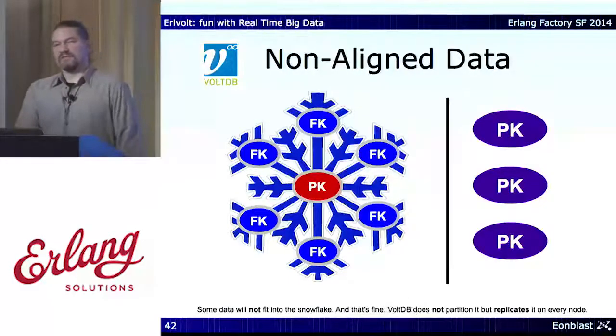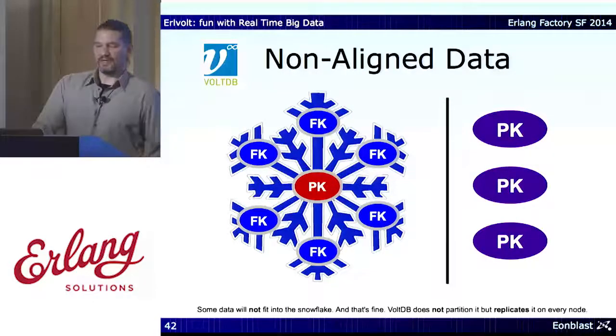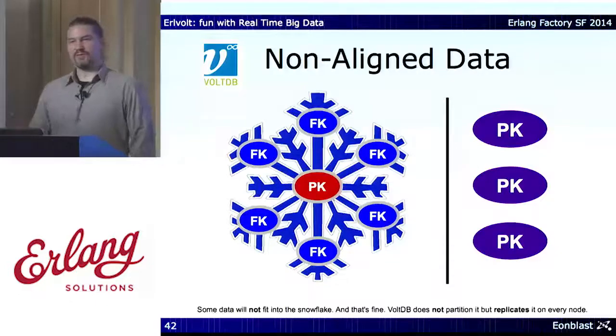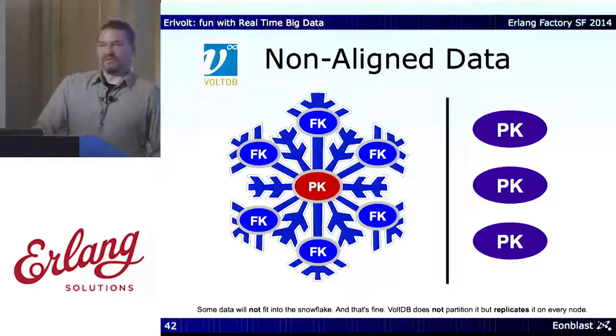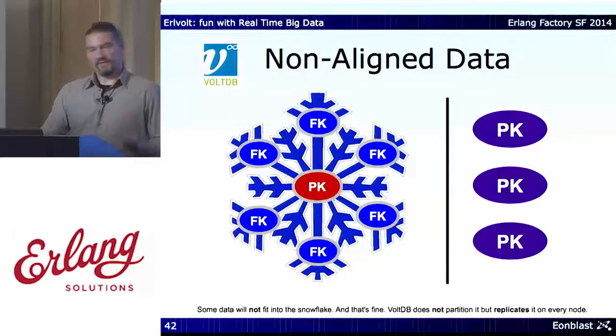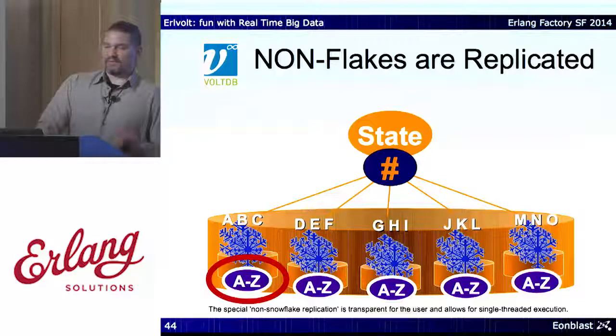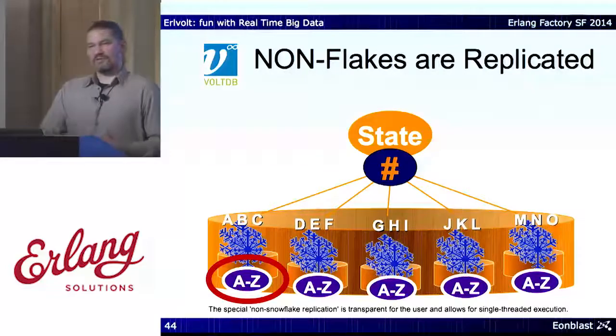And then there's some data that is not really part of that snowflake. For example, it could be your products, because they're, so to say, in a different dimension. They are not dependent on the PK of the customer. And you have maybe 100 or 1,000,000 products that live on different tables that cannot be grouped to that snowflake. And that's fine. What happens then is that VoltDB partitions everything it can, everything that is dependent on that main primary key, into the individual machines using a hash. And the data that is not part of the snowflake is replicated across every server.